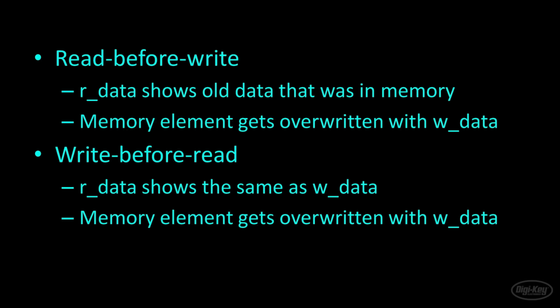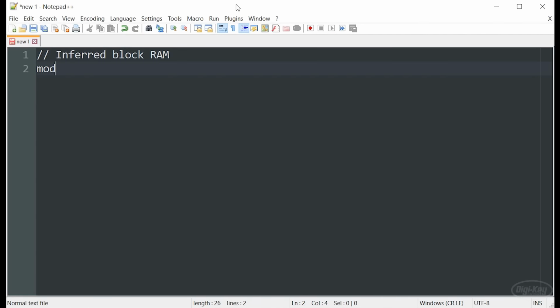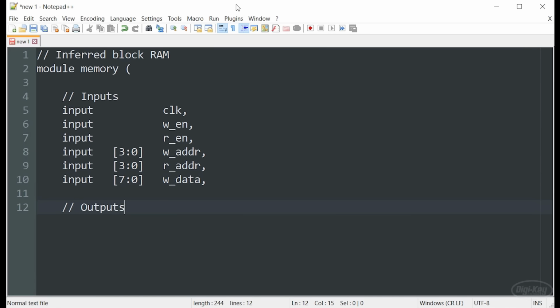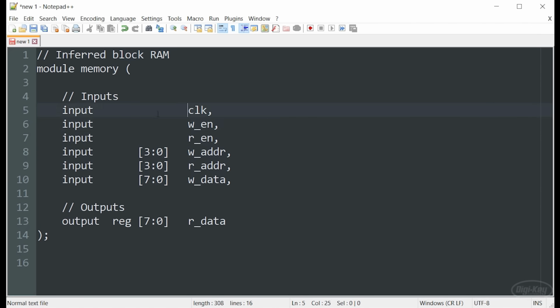Let's try implementing this block RAM in Verilog. Creating Verilog so that our synthesis tool will infer a piece of block memory is not very difficult. All we need to do is just declare a memory module, and then we're going to create an always block that shows how we interact with that memory module. And from this, the synthesis tool will realize, or hopefully realize, that we intend to instantiate or use the on-chip